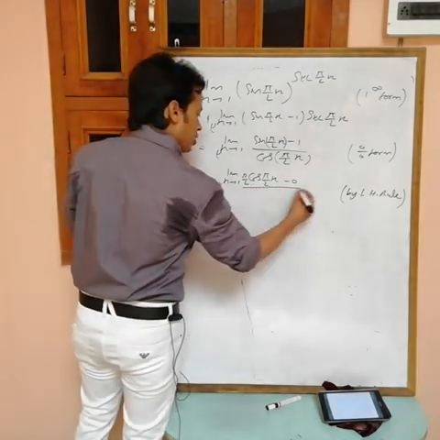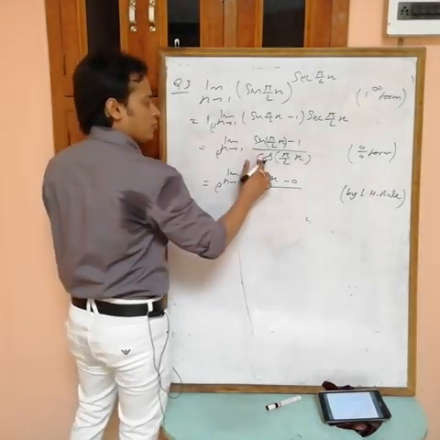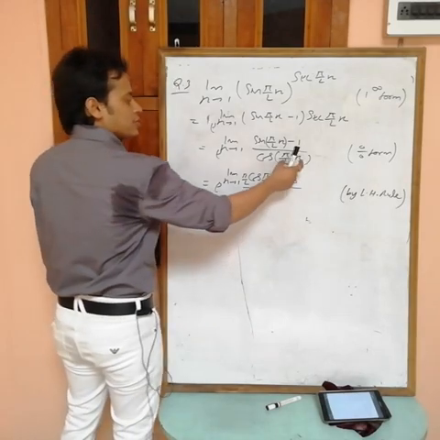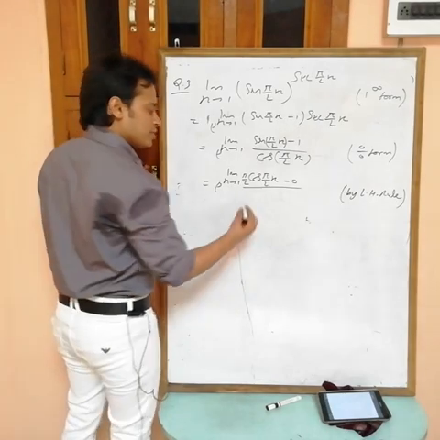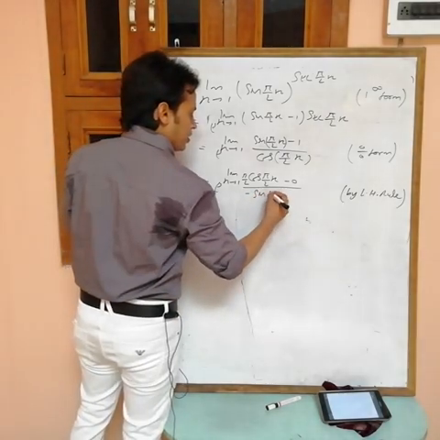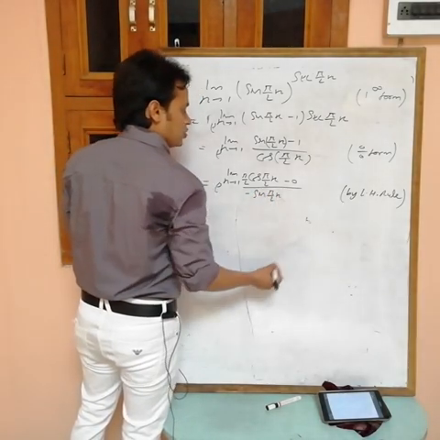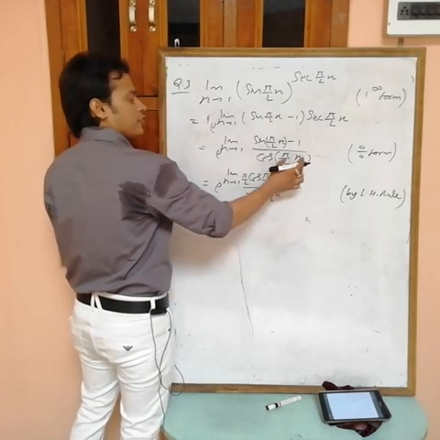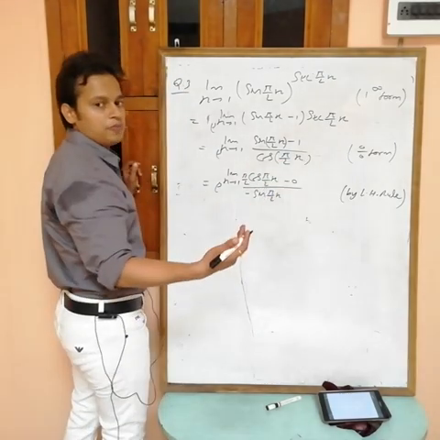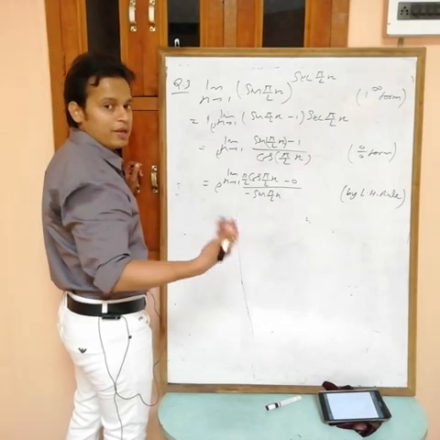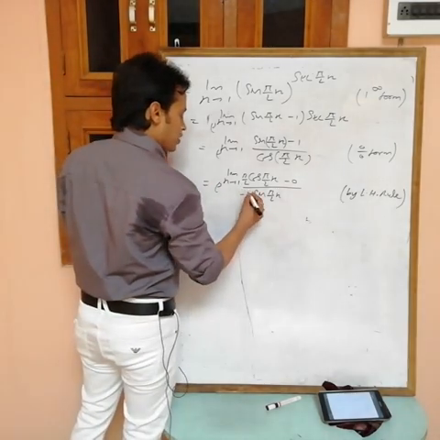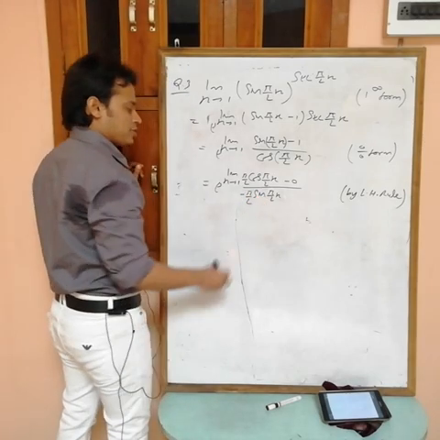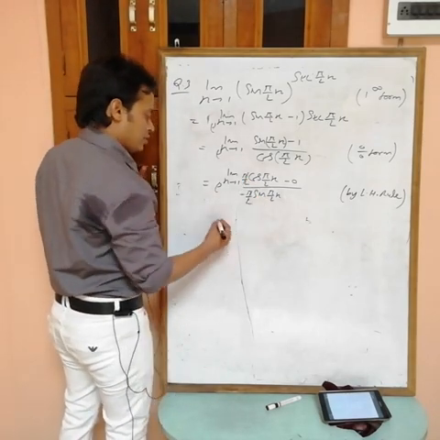Now in the denominator what we have? Cos of pi/2x, assume this one as x, then cos x, the derivative of cos x is minus sin x. Again differentiating the inside, the derivative of pi/2 times x is pi/2, a constant, and the derivative of x is 1, so minus pi/2 in multiplication. Now see, pi/2 cancels out.